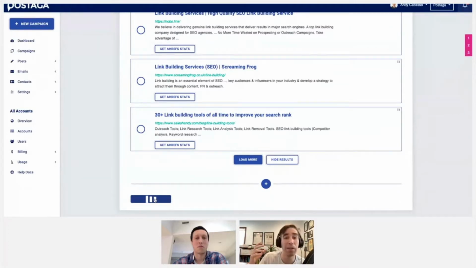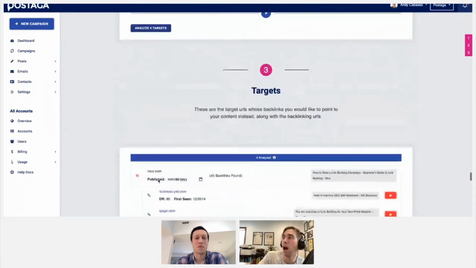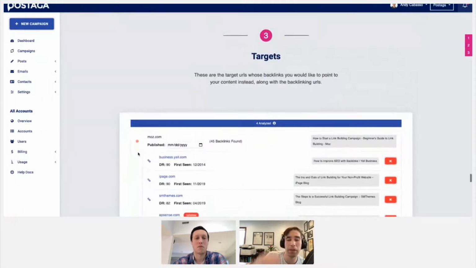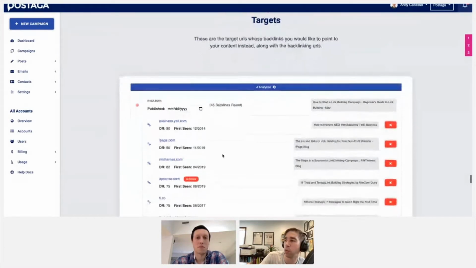Like I mentioned before, with the regular Skyscraper campaign, you're only targeting one particular domain with each campaign. But with Postaga, automatically it's going to target all of these multiple websites, and all of their backlink profiles. So for example, this Moz article, I've got 45 backlinks with a domain authority over 25.